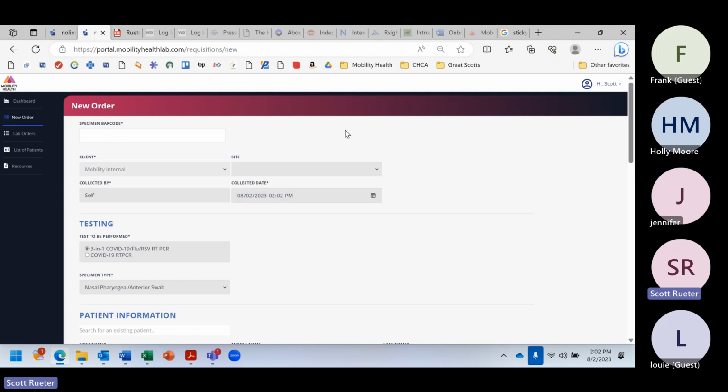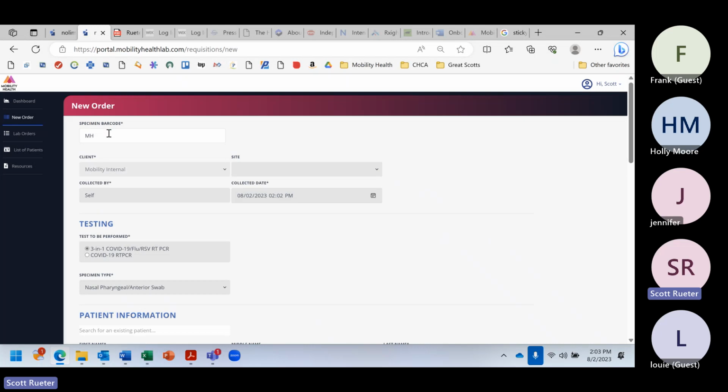And then there'll be a strip of little tiny barcode labels. They're not already on the collection tubes. There's strips of them, and one of those will get peeled off and placed on each collection tube as the sample is being collected. It's a QR code sticker. So if you have barcode scanners, you can click in this field and scan that sample's little QR code. If you don't, there's a series of letters and numbers below each of those